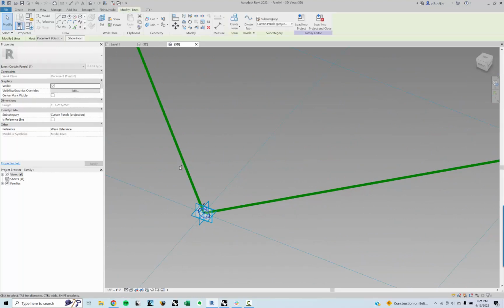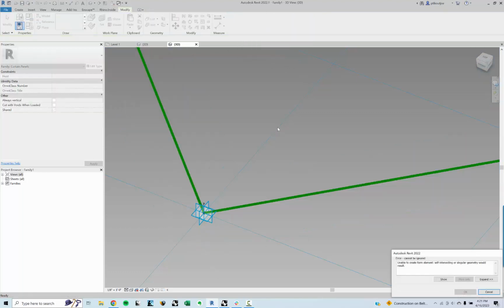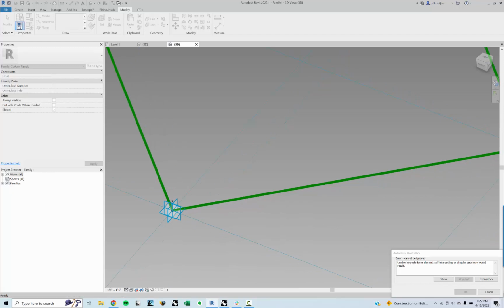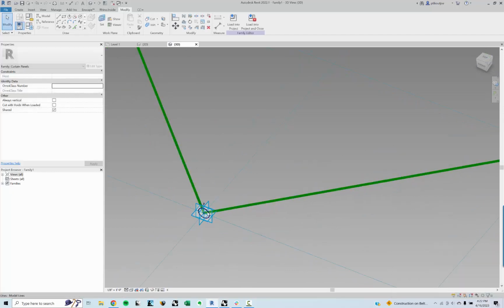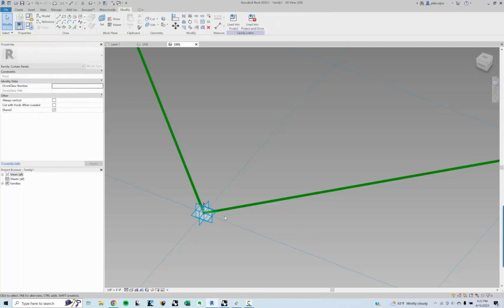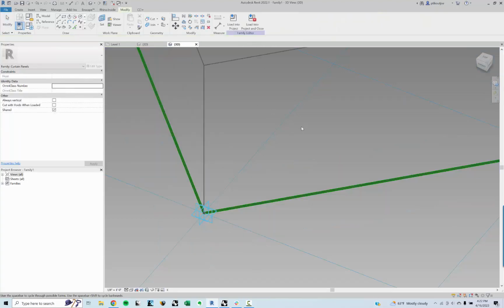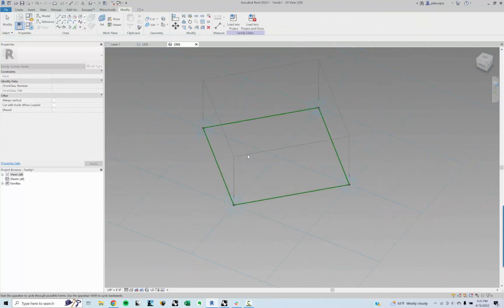But then what I can do is click on this, and hold down Control and click on this, and then I can have this little create form thing that pops up. So I can create a solid form. Oh, it's going to cause an issue because of this self-intersecting or singular geometry. Let me see if I can actually do, what is a better way to do this? What if I actually do create form here? All right, so this is actually just giving me